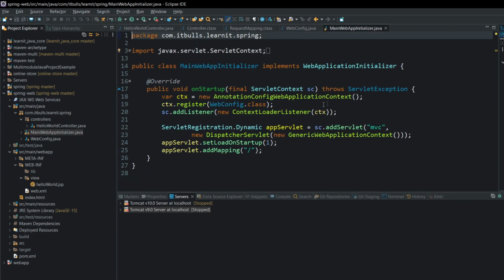Let me show it to you. It is also located here, and it is called MainWebAppInitializer. This class implements the WebApplicationInitializer interface. The interface to be implemented in Servlet 3.0 plus versions environments in order to configure the servlet context